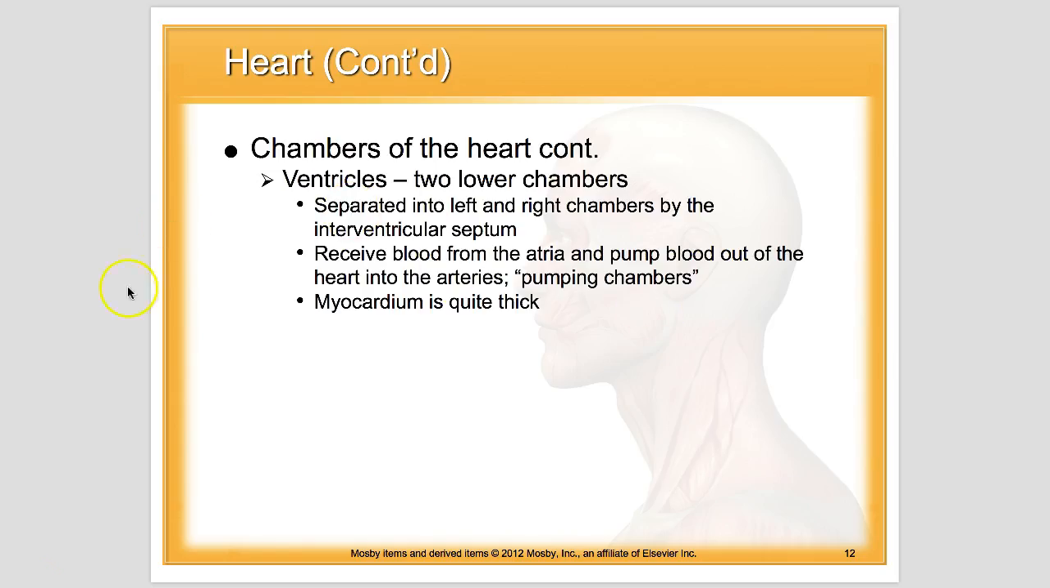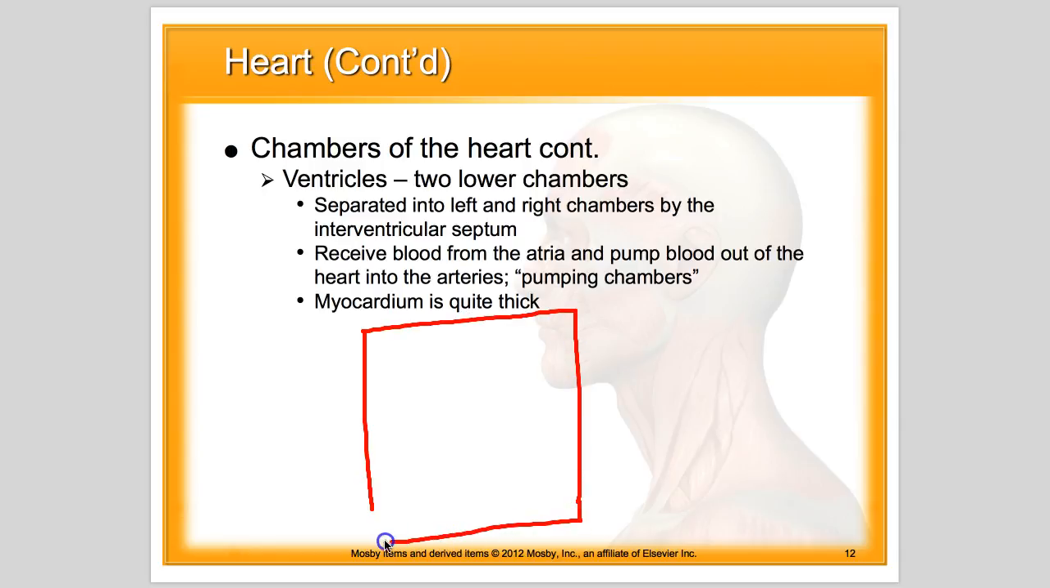And let's draw this out. I think it's useful to take a more simplistic approach as you're first learning this. So the way I like to explain this is by drawing it as a box. Now I know the heart is not shaped like a box, but this gives us an idea of how to learn the various structures. So the atria are on top,